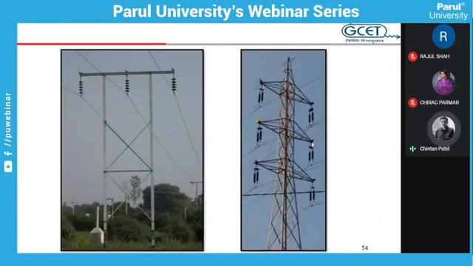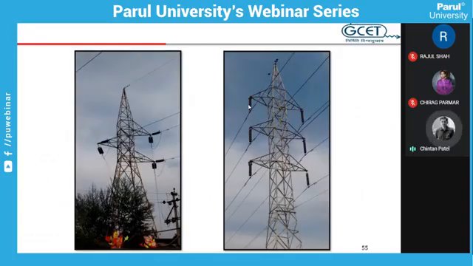So now let's quickly identify the line voltages. As I said earlier, this is an H pole tower. The number of discs is 5. Only one conductor is used. So certainly it is a 66 kV AC transmission line. Here an H pole tower is used, and here simply the tower structure, a lattice tower structure, is used. But still this is a 66 kV transmission line.